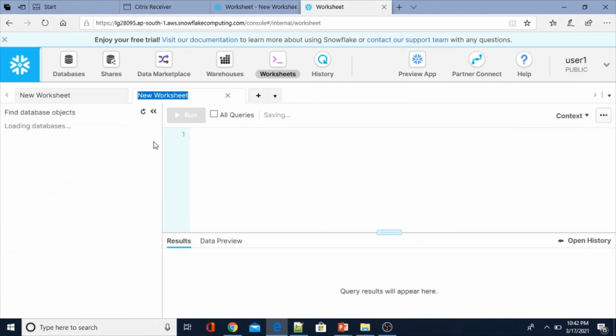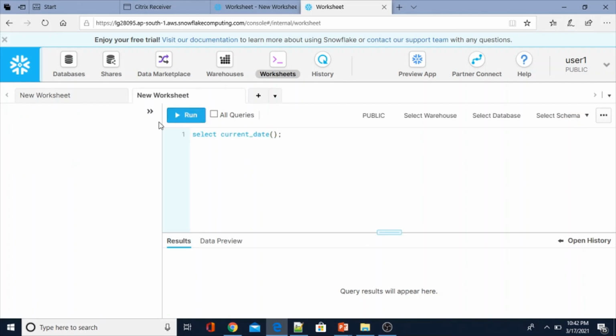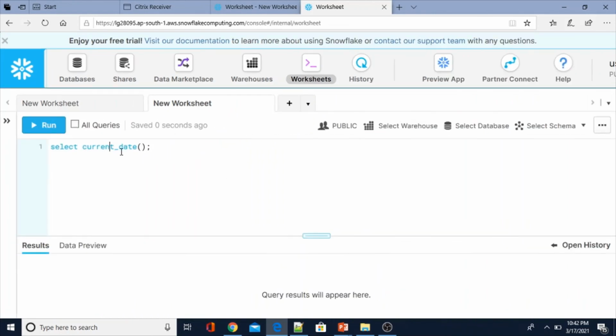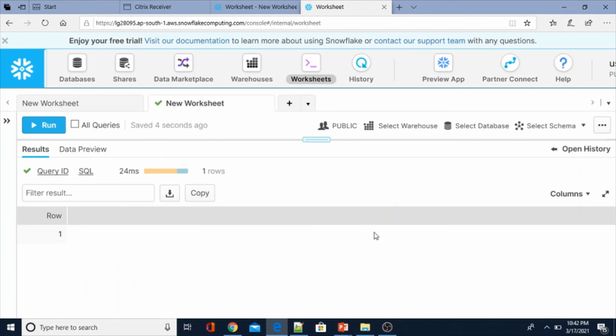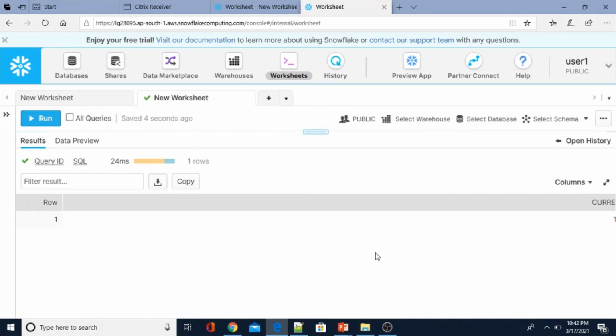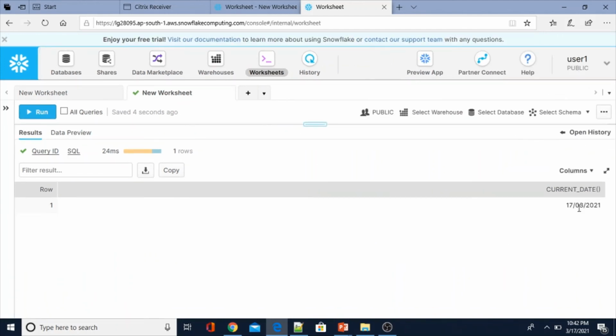Okay, now select current_date. See here also, current_date is this one.